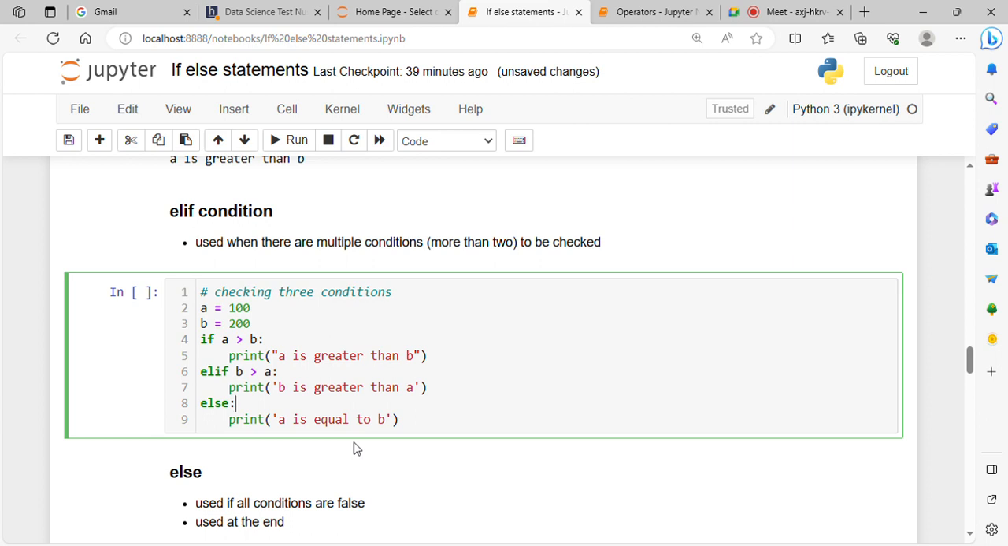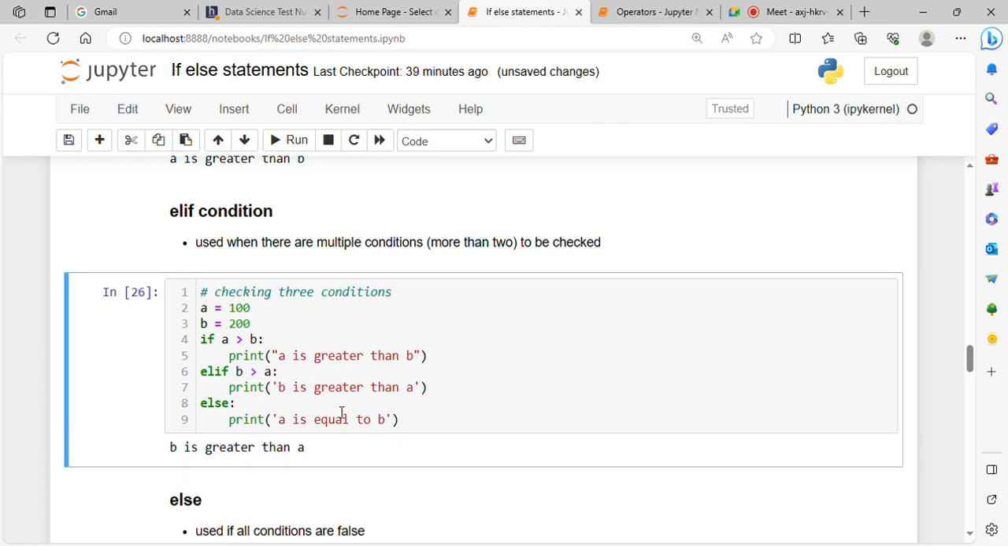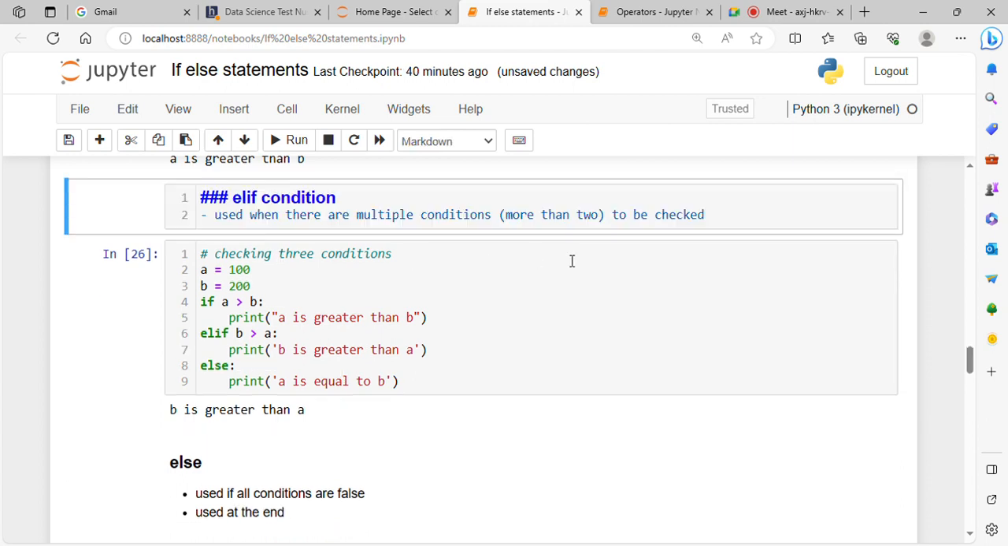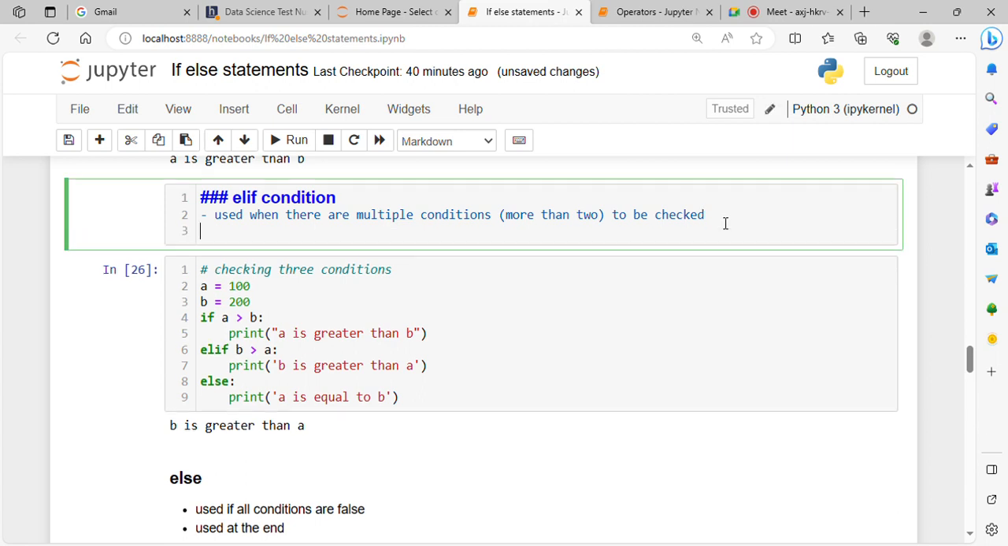Elif. The elif part will be executed because this condition will be true. B greater than A, because B is 200 and A is 100. So this will be executed. B is greater than A. Okay, and one interesting part about this elif is